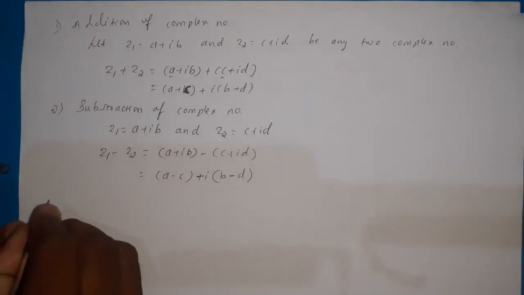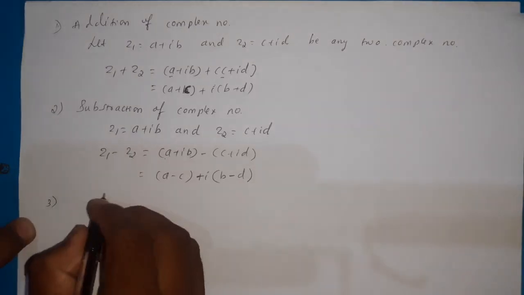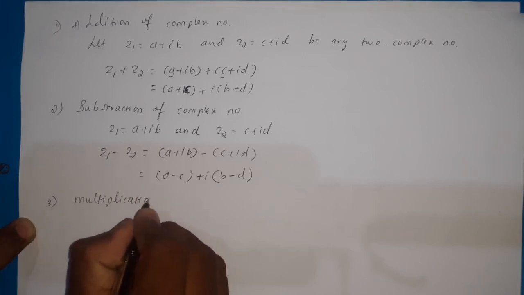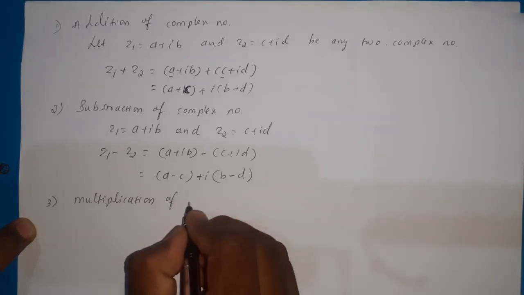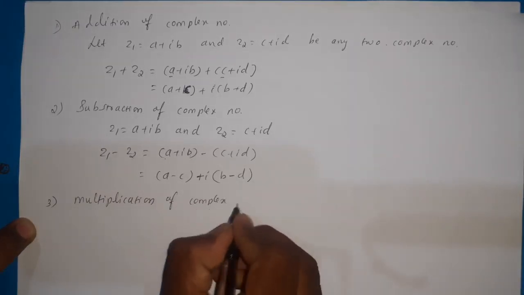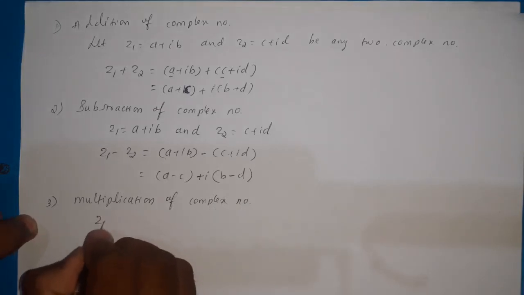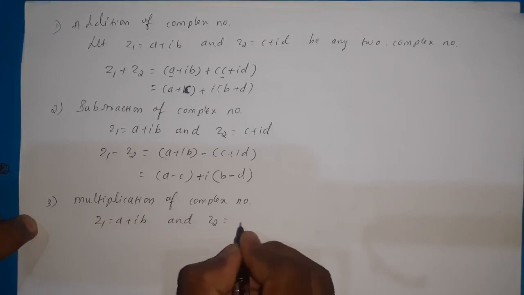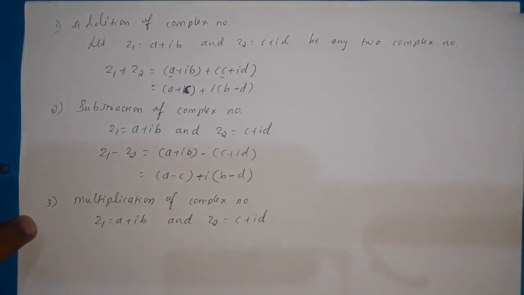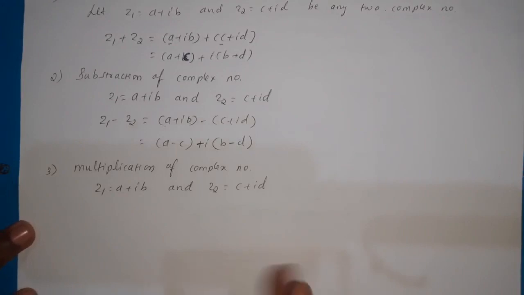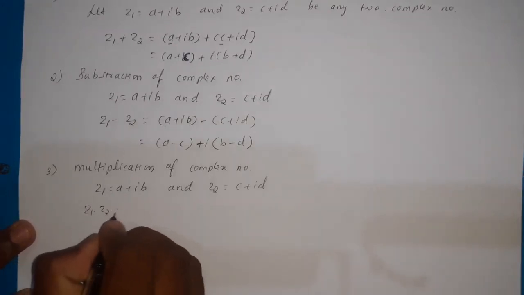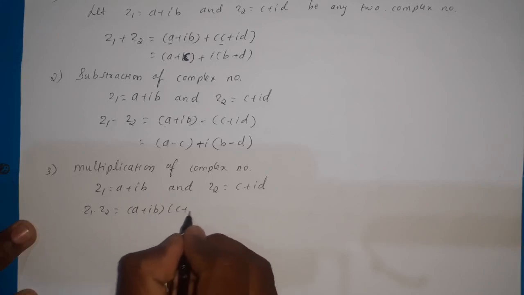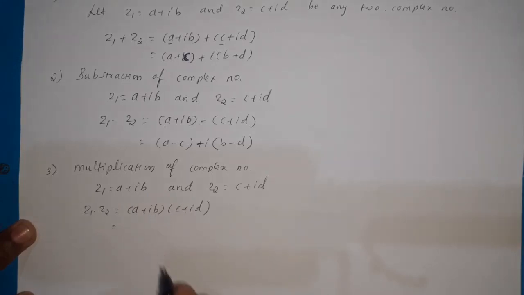Then the third operation is multiplication of complex numbers. Here z1 equal to a plus ib and z2 equal to c plus id. Then how do we multiply these two? Now z1 into z2 is equal to a plus ib into c plus id, which is equal to